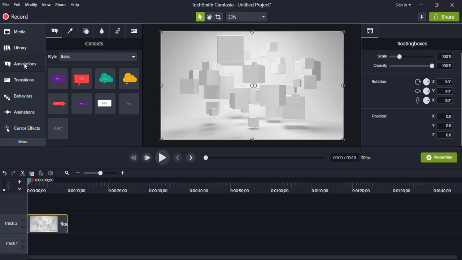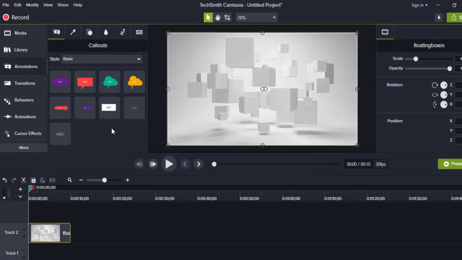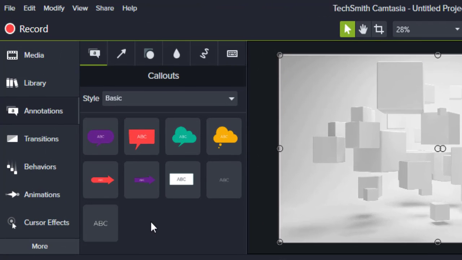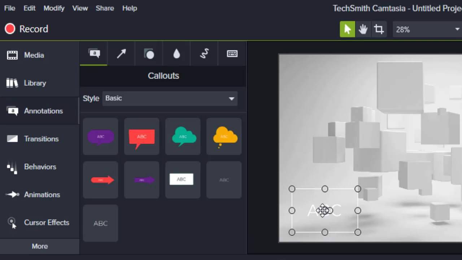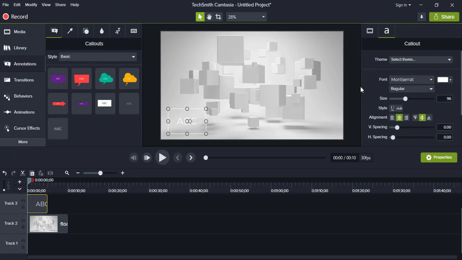For that we will just go to annotations, and here are many options. You can pick any and just create your own intro. So I'm just taking it here, and as you can see at this corner, from here you edit your text. So this is something from where you can change your font plus font type.